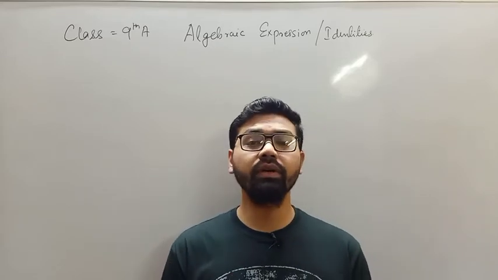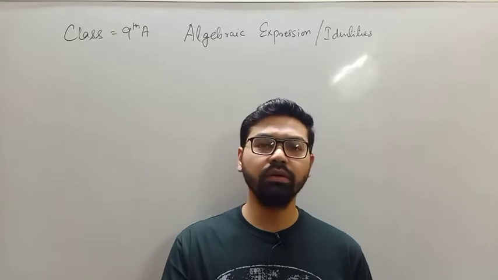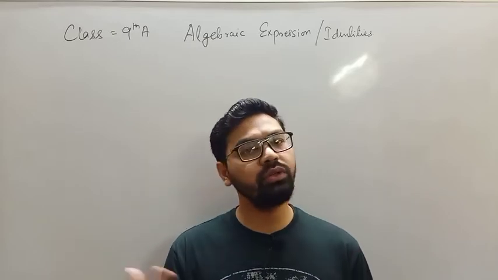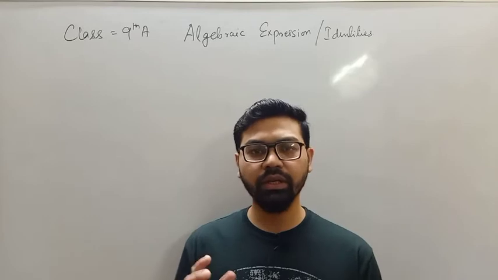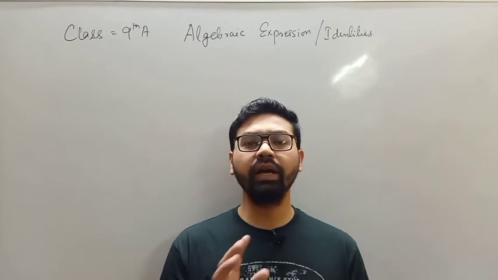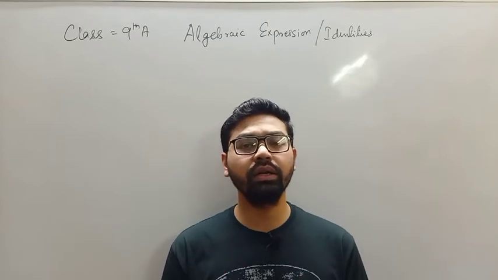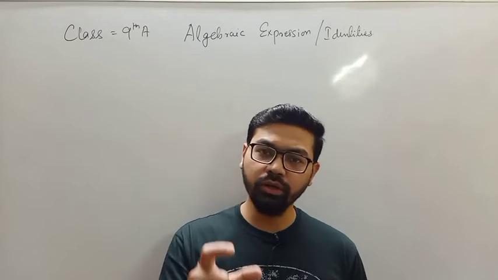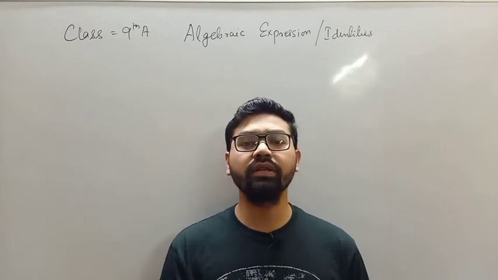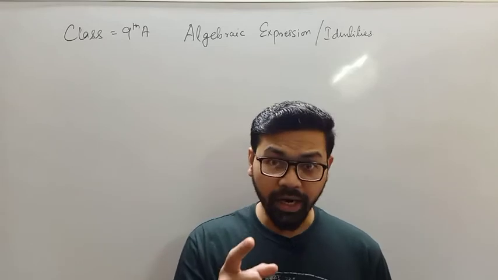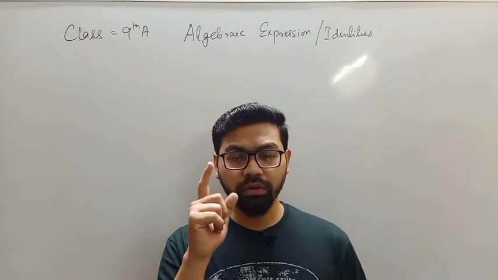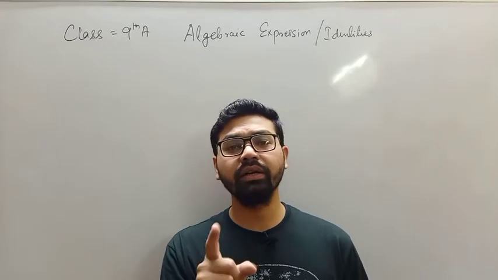If anybody wants the proof also, I can explain the proof in the Zoom class. But here I just give you the identities. There are around 8 identities that you need to learn, because on that basis you will factorize the questions given in exercise 2.5. Watch these videos, submit your work on Ursel and attend your Zoom classes.